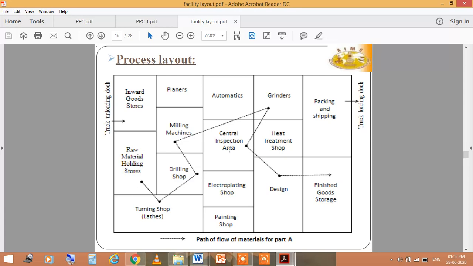After grinding there is an inspection area, and after that designing is to be done, and after designing, finished goods storage. So these are the sections through which your product goes from the initial to the final stage, and you have to follow this path.